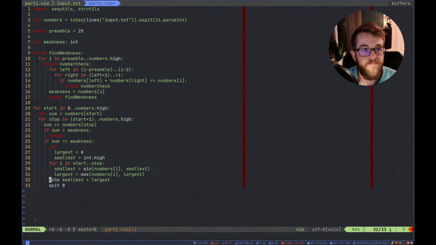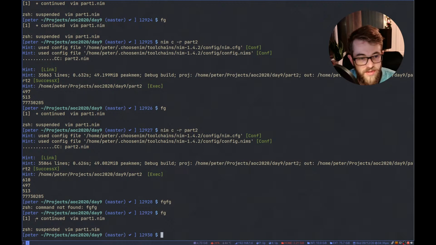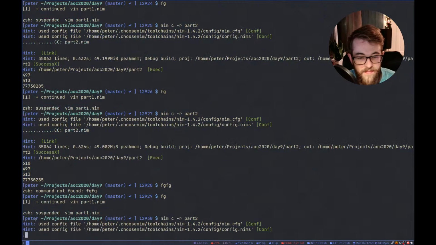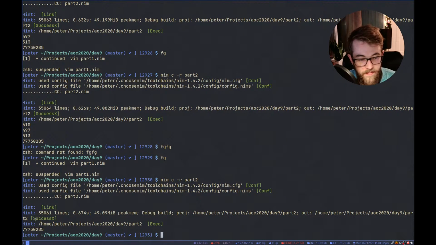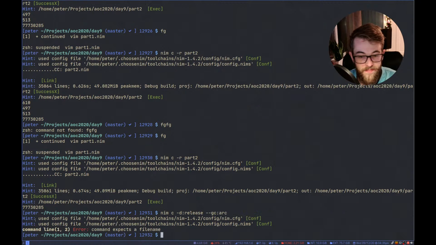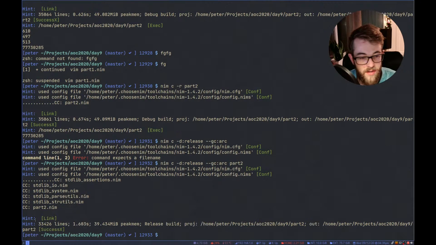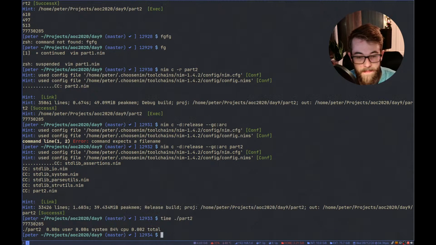But I mean, it's not super slow, and we're really not doing this for optimizing anything. If we compile with release and the arc, let's see how fast this is. What is that, 2 milliseconds?